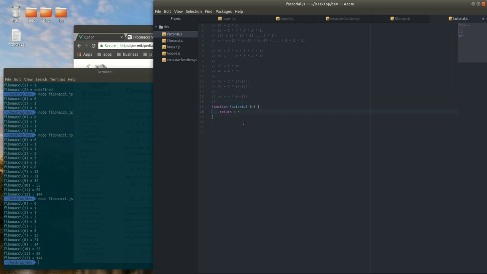Okay, so factorial, whatever number n we provide, is going to equal n times factorial of n minus 1. So let's log factorial of